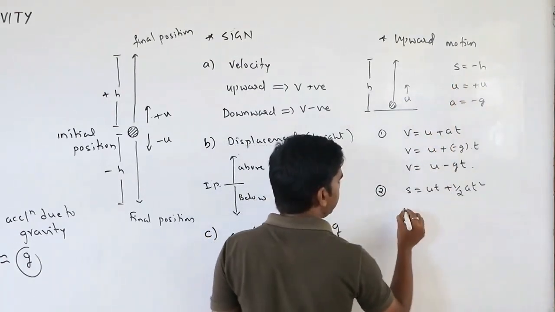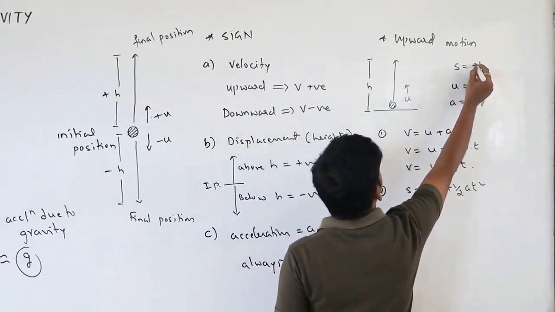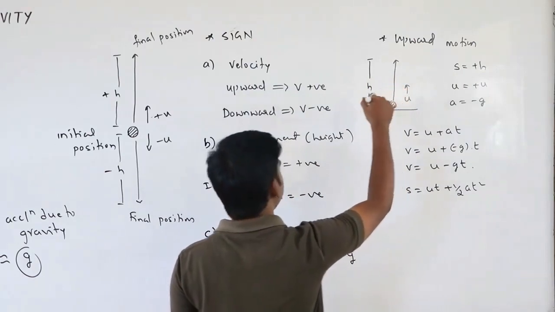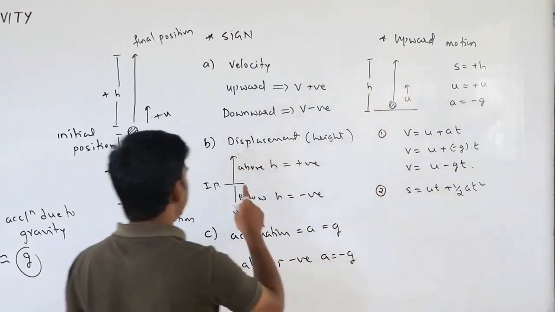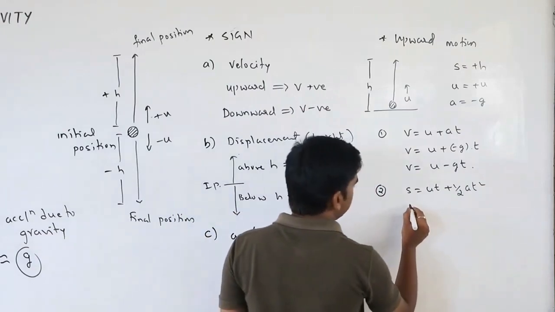S is going to be minus H, because minus or plus. Sorry, extremely sorry. It is plus H. Okay, not minus, because above it is going to be positive. Okay, so now S equals to